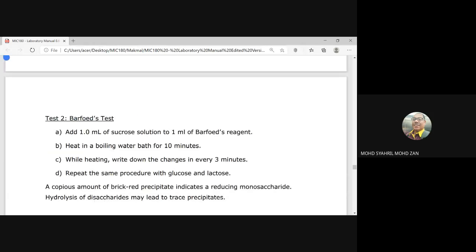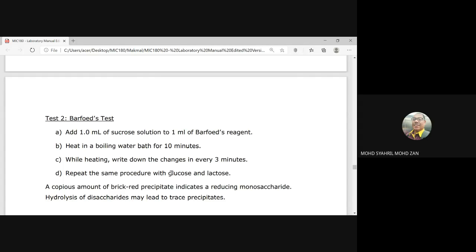So test 2, the Barfoed test. We need 1 ml of sucrose solution mixed with 1 ml of Barfoed reagent. Heat in a boiling water bath for 10 minutes. At each interval time, you have to write down the changes. The interval time is 3 minutes: the first 3 minutes, then 6 minutes, 9 minutes, up to the 10th minute. So you have to repeat this experiment with other